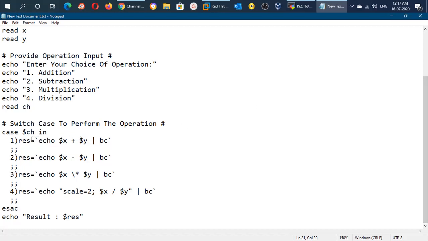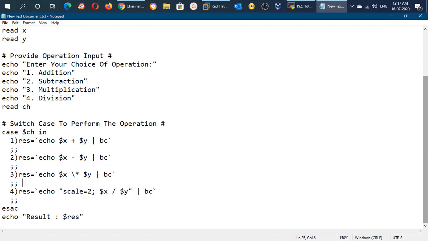And after that we have mentioned 2 for the subtraction, so this line is performing the subtraction. The third line in the script performs the multiplication, and similarly the fourth one is there for the division.